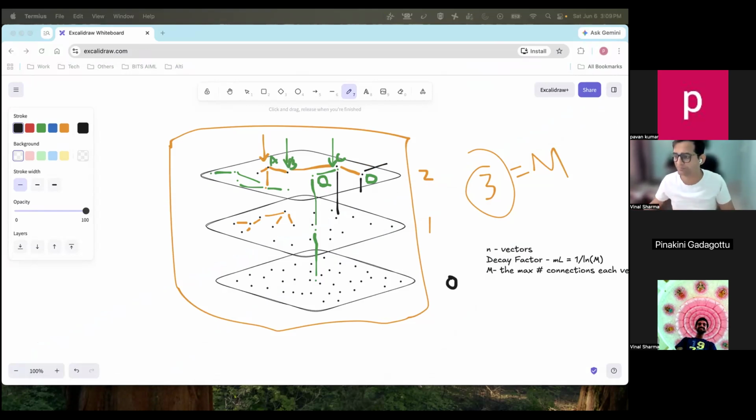Jump within a plane, right? How many jumps it will do to settle on the vector that is closest to Q and go down with that vector into the next plane? There is no fixed number of vectors you can jump within a plane or layer. Okay, there is nothing like that. Why it is not there probably